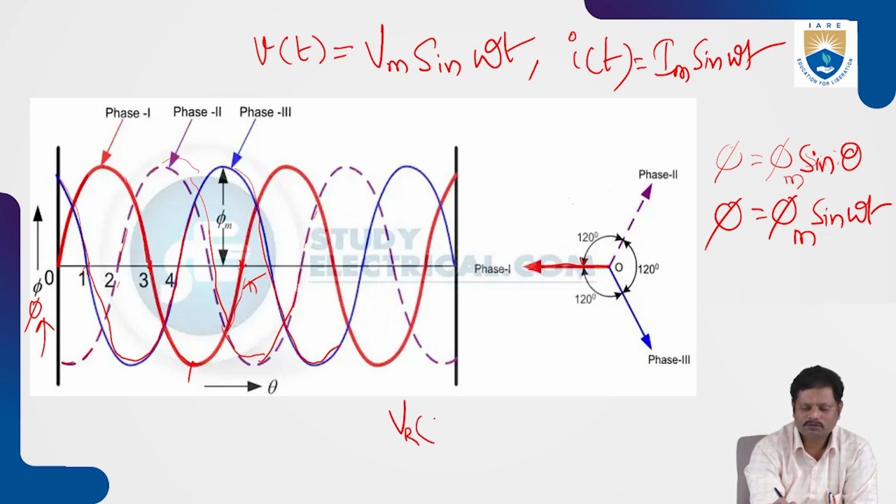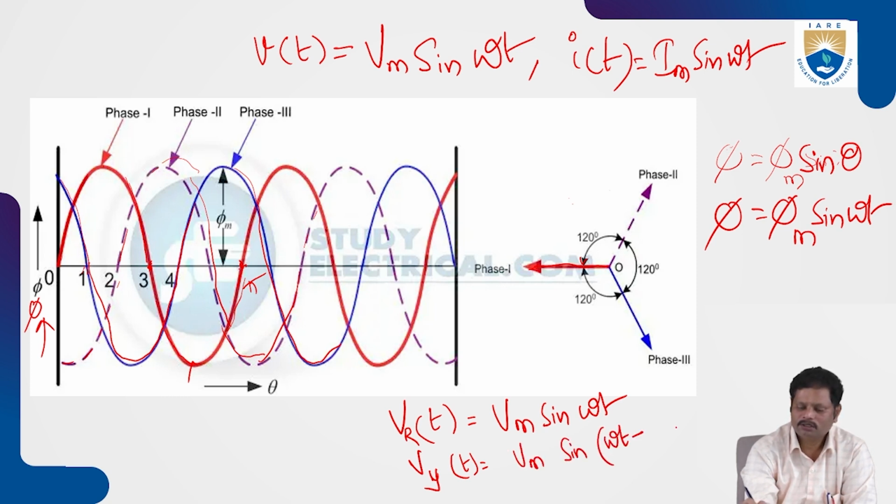The voltage produced in R phase, whether flux or current, equal to Vm sin theta or Vm sin omega t, and the voltage produced in phase B is nothing but